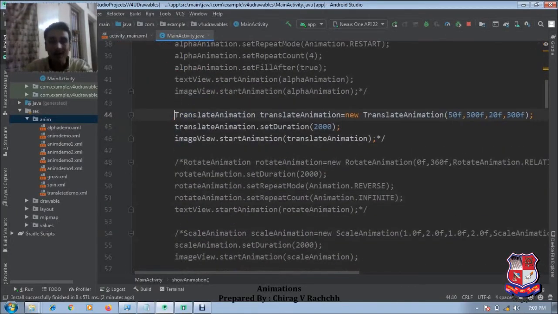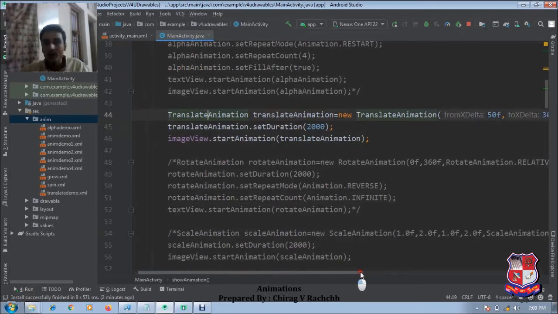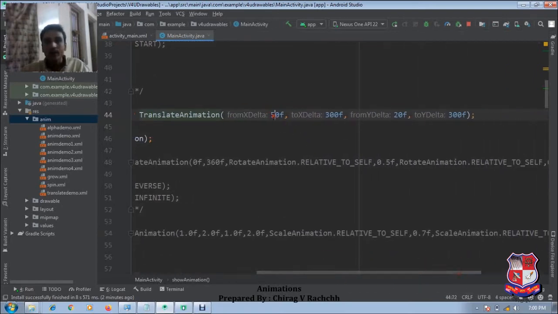Okay, translate animation. As you can see, we have created an object of translate animation where we have passed 4 arguments. Okay, 50f, that is from x, to x is 300. Okay, from y 20f, and to y 30f. So the object will be moved in both directions.